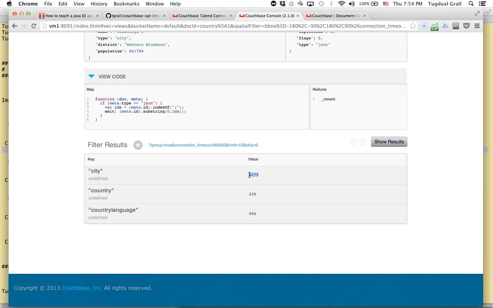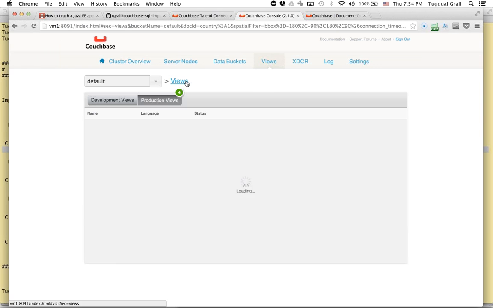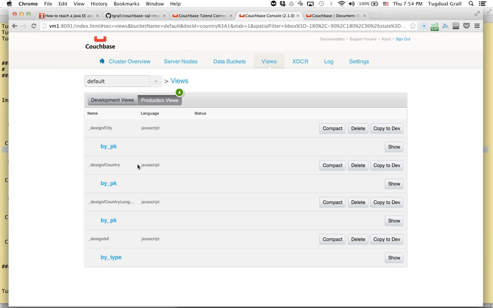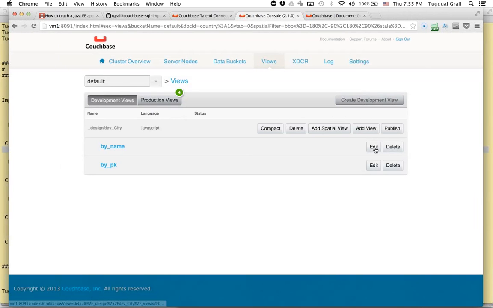As you can guess, I won't have to count on all the tables, but I have imported all the data. The same way, let's say I want now to query the data based on the name of the city. This is not something that the tool will create for you because we don't know which type of query you want to do inside your application. So it's quite easy. When you want to do that, you go in your tools, or you can do that from your application, and I will add a view to query the city